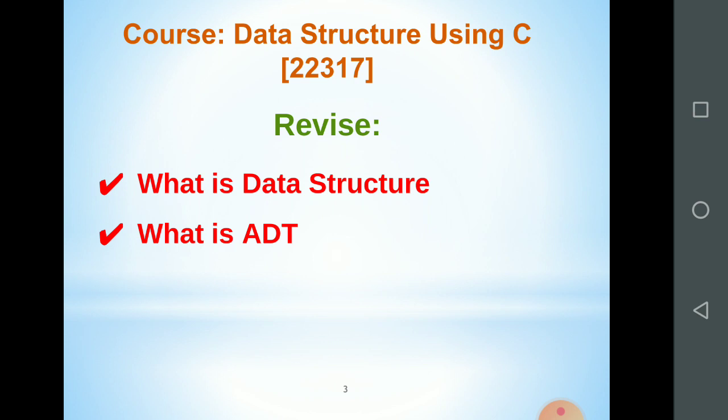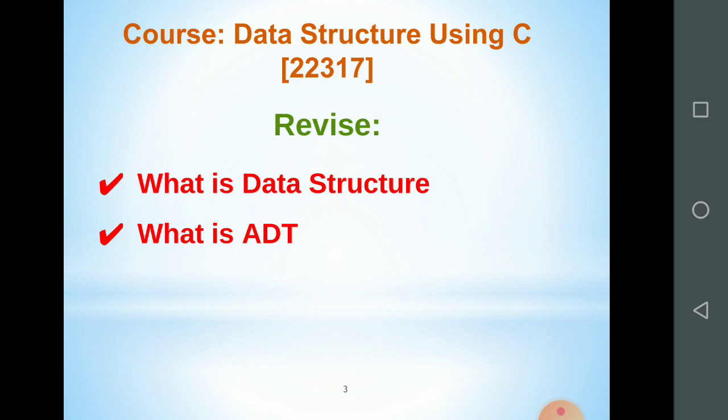So such types of structures to store the data into the memory are called data structures.